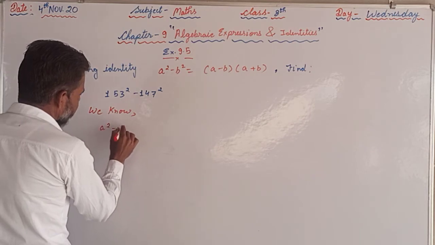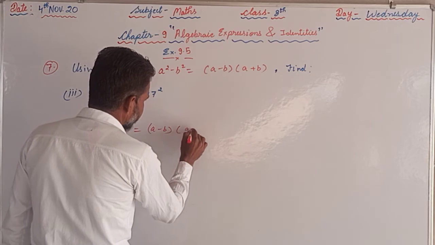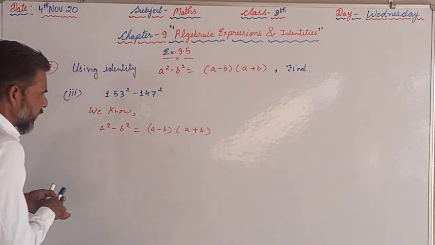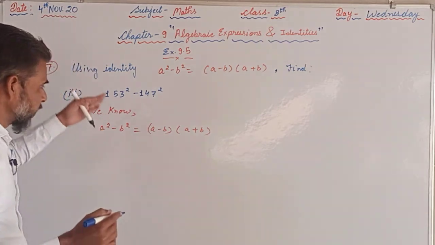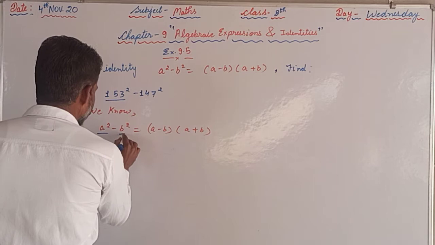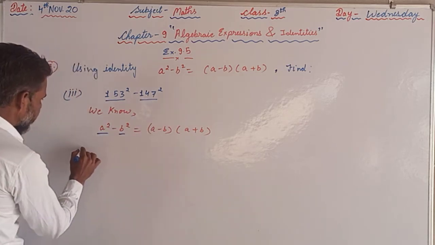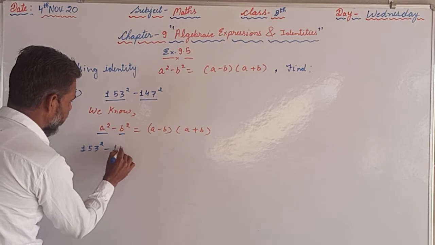that a square minus b square is equal to a minus b into a plus b. Now we are supposed to substitute the values of a and b in the identity. Here a is 153 and b is 147. So, 153 square minus 147 square